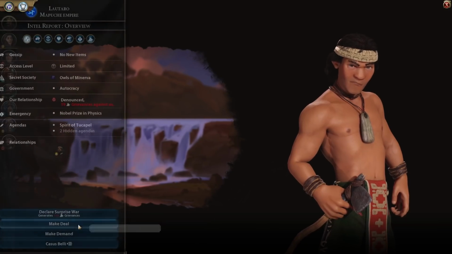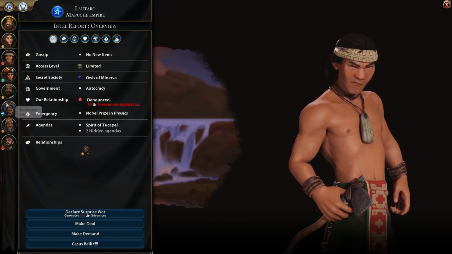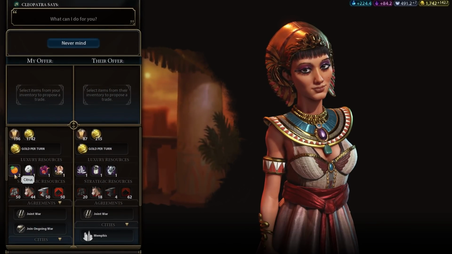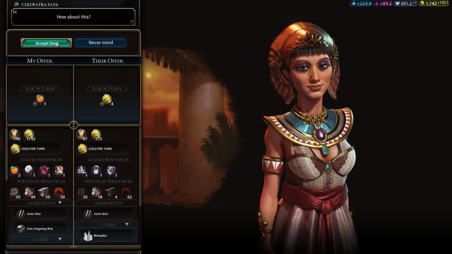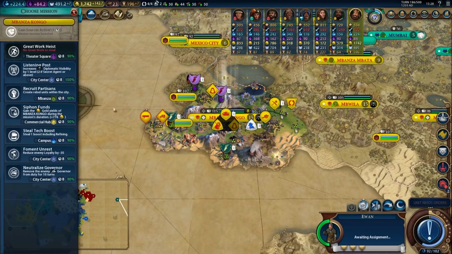I wonder, though, I could have probably gotten... No, he didn't have any spare luxuries, so unfortunate. I wonder, Egypt, will you pay me well for my citrus? 4 gold per turn, not exactly well paid, but you kind of got to take what you can get at this point. Let's go ahead and...